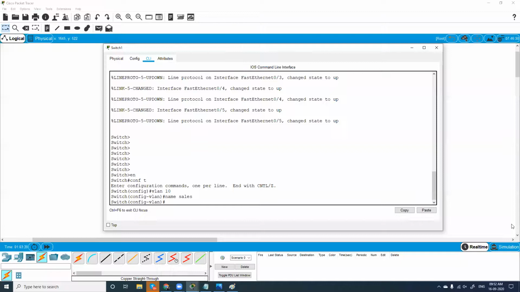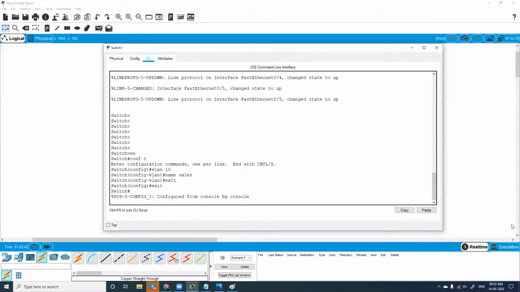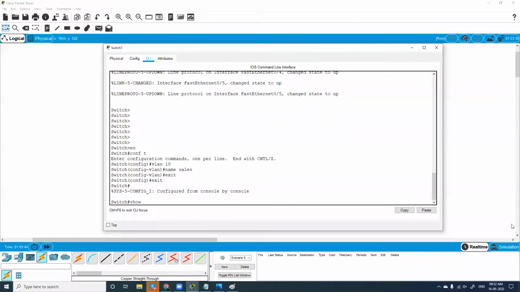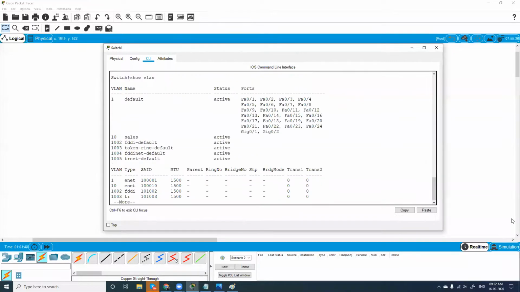This is not mandatory, but for you to get satisfied, in case you want to check if it has been created or not, you can go back to privilege mode and give the command show VLAN. It is going to show you the created VLAN here. See here, I've created VLAN number 10 and sales is created. Do we have any ports? No, we don't have any ports assigned here.